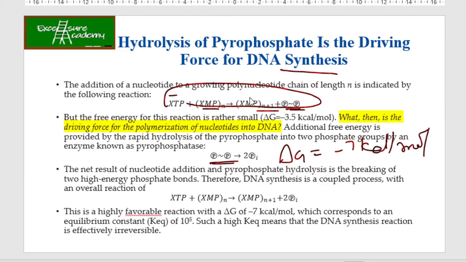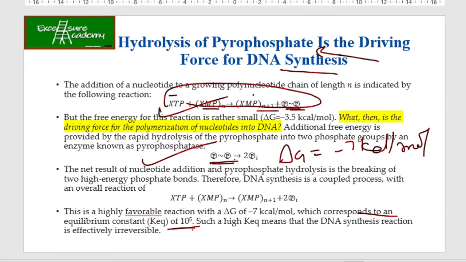Okay, together when this chemical reaction and this chemical reaction are combined, then what we get is the favorable reaction. Okay, and because of this it is going to correspond to the equilibrium constant of 10 raised to 5, and because of this the DNA synthesis reaction is effectively irreversible. What does this mean? It will not go backward, and DNA synthesis will always go forward. That is the favorable reaction. As the dNTPs come, the length of the DNA is going to increase.